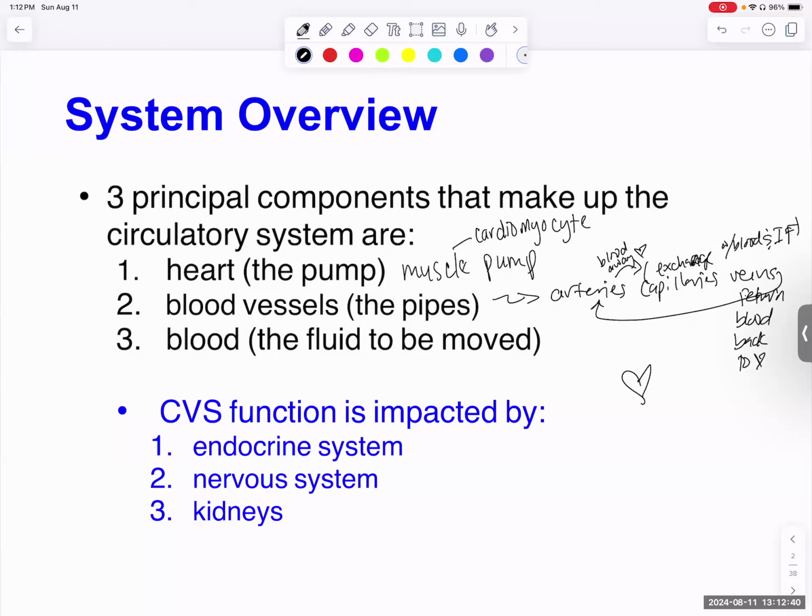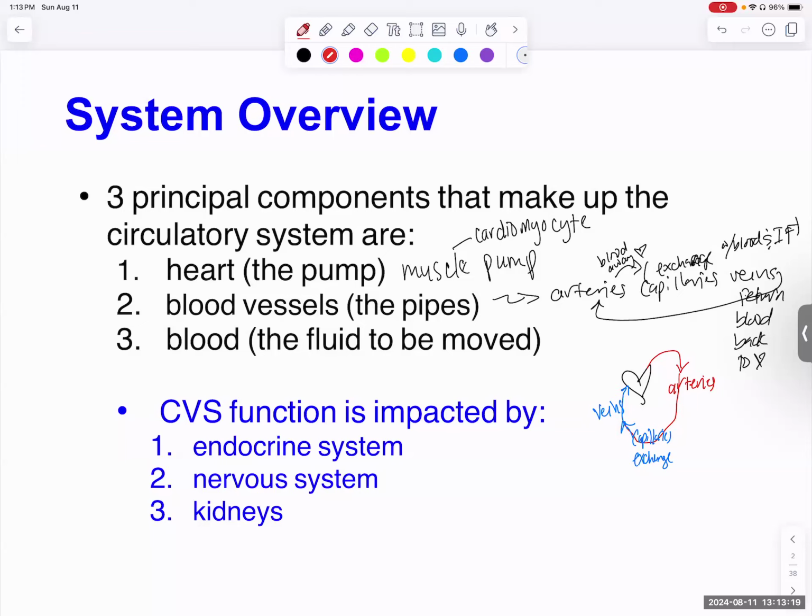You have the heart. Arteries are vessels that carry blood away from the heart to all areas of the body. Then you have capillaries where exchange is occurring in tissue beds between the blood and the interstitial fluid. Then that blood is going to return back to the heart. We just now start calling them veins. So arteries are vessels that carry blood away from the heart, and veins are vessels that carry blood to the heart, but